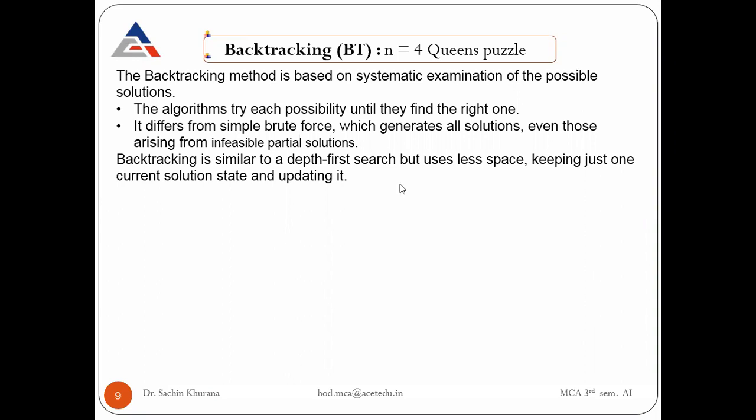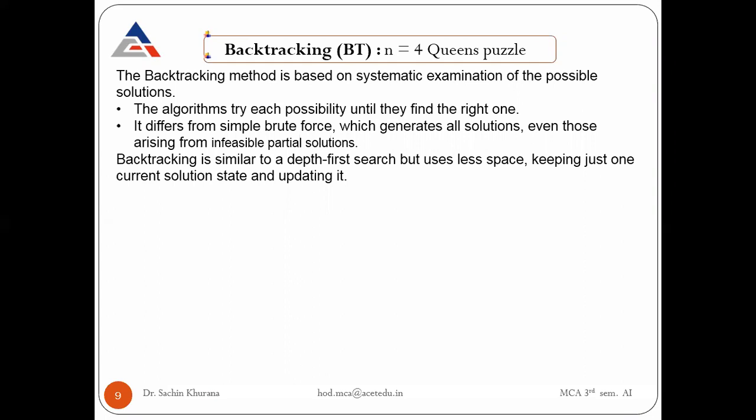So there is a difference here. In the case of brute force, we try to find out all the solutions first, and then we take one of them, considering it the best, and give that solution through the computer to the person who initiated the problem. But in the case of backtracking, we generate the possible solutions, and whenever we get a right one, we stop there and give that solution as such.